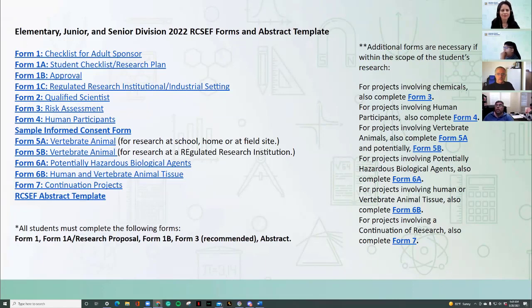Form 1C will be in relation to any student who will be conducting their project or their research outside of their home, outside of their school, or outside of a laboratory setting. That form we'll go over more in depth as to what needs to be filled out, who needs to be present, and everything like that. Form number 2 will be for a qualified scientist. I will go in depth as to who a qualified scientist is or